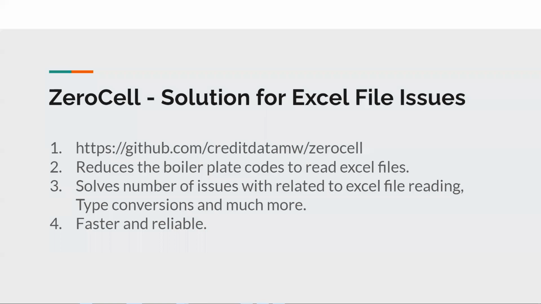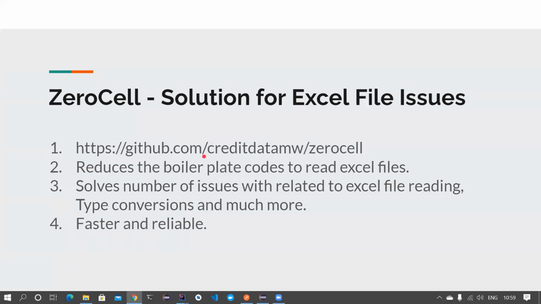Hi friends, welcome back. In this video, we're going to see another useful library called Zerocell. We normally use a lot of Excel sheets to drive our test automation suite, whether it's Selenium, Appium, or REST Assured. I know some people have migrated from Excel sheets to JSON, but there are still plenty of people